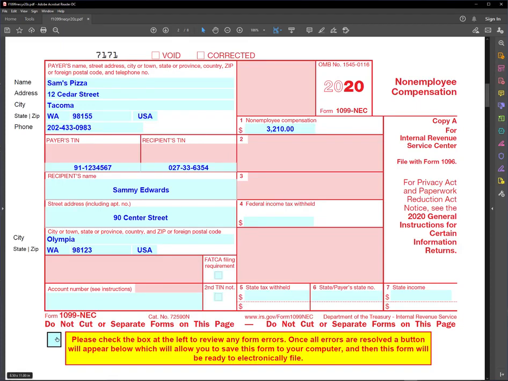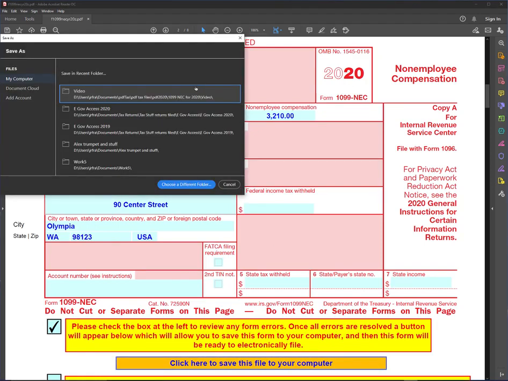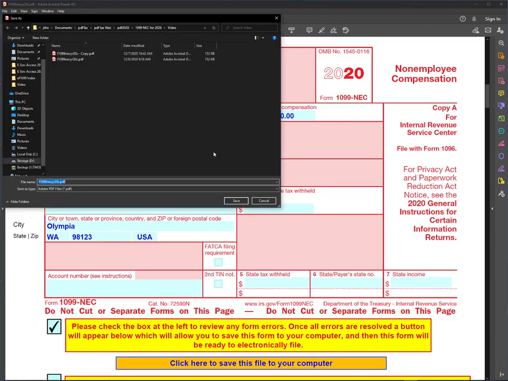So I'll go ahead and check this box, and you can see that this button down here appeared. There's no errors, and so I'm going to click on this button, and it's going to prompt me to save the form, which I've got saved in this video folder, and so I'm going to click here